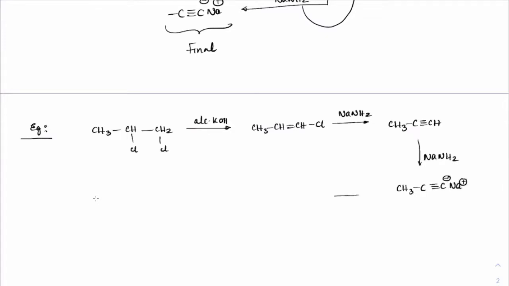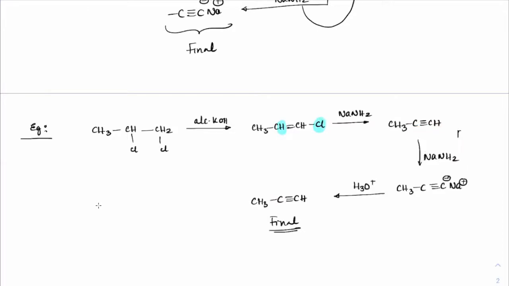Now, if you want the H plus on the last form and get the acid, propyne, then we have to do an acid hydrolysis so that C minus extracts the proton and becomes this. So this is the final product. To get the propyne, first we have to go through this journey of alcoholic KOH, NaNH2, again NaNH2, and finally hydrolysis. Only this hydrogen is leaving, beta. This hydrogen and this chlorine are lost here. That hydrogen is intact. That will go in the next step, because now you have a terminal alkyne.